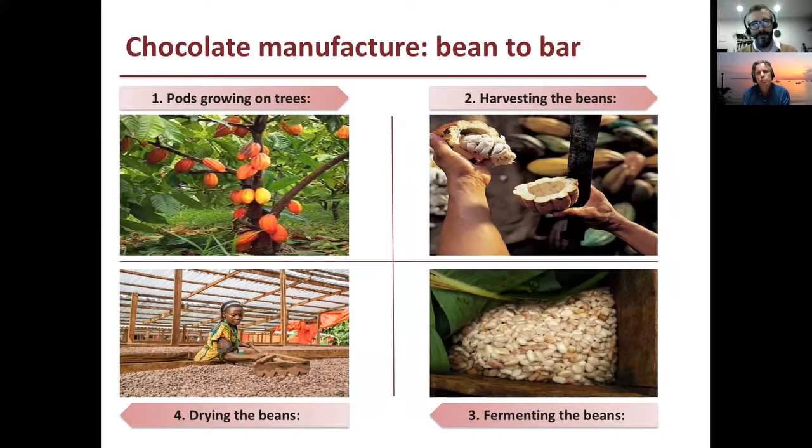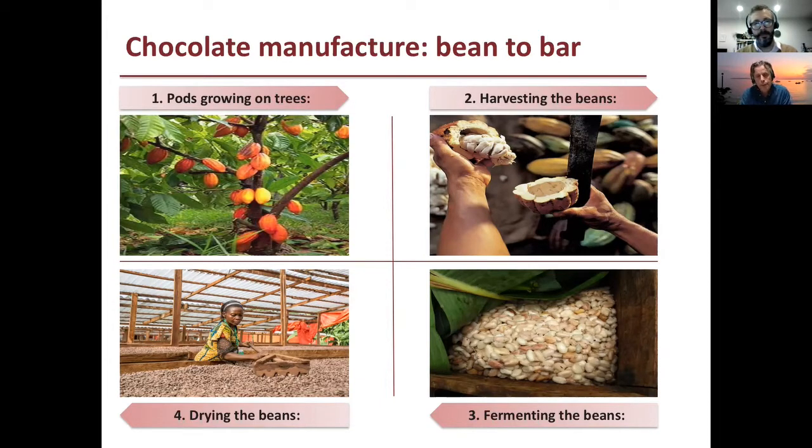And all sorts of biochemical reactions happen in that mound. It gets very hot, and the yeasts and the molds that are naturally present on the beans begin their work of helping carbohydrates metabolize into simpler carbohydrates. The precursors to cocoa flavor begin to develop. If you didn't do that fermentation, you would end up with something that didn't taste like chocolate. So it's absolutely key to ferment the beans.